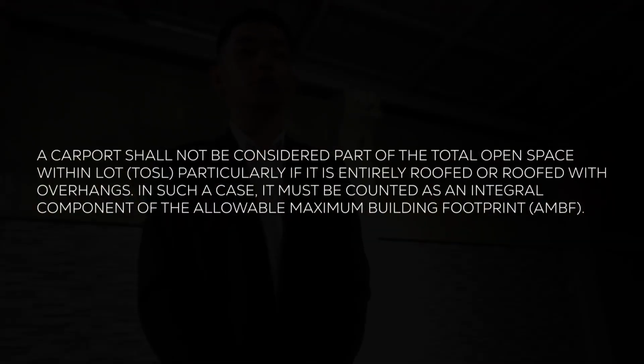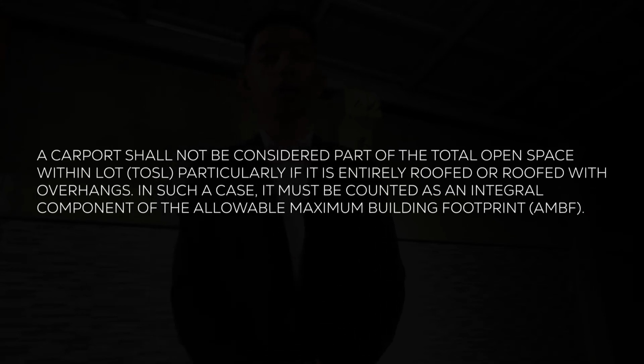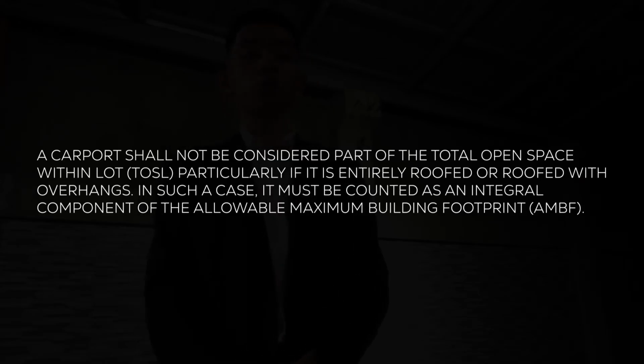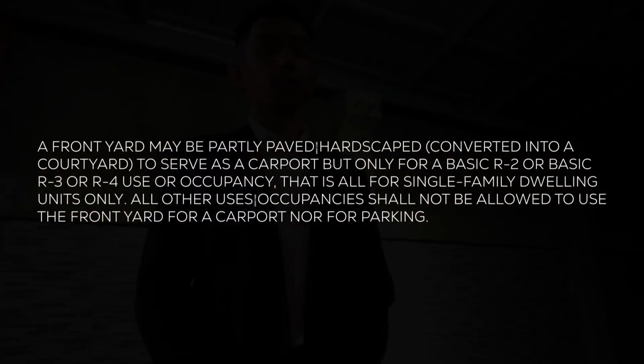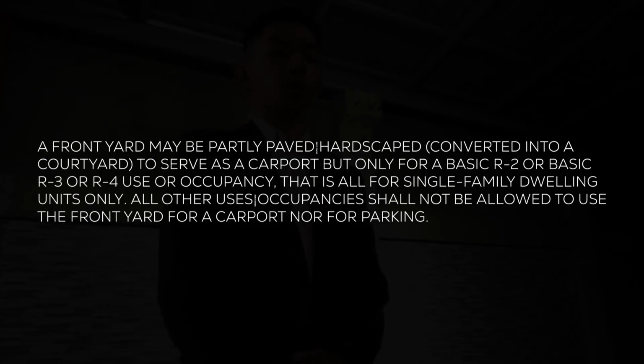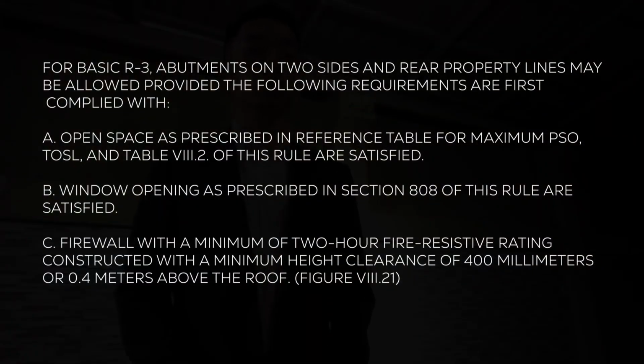A carport shall not be considered part of the total open space within the lot, particularly if it's entirely roofed or roofed with overhangs. In such a case, it must be counted as an integral component of the allowable maximum building footprint or AMBF. For a front yard, it may be partly paved to serve as a carport, but only for basic R2 or basic R3 or R4 use for occupancy. That is for single-family dwelling units only. And all other uses or occupancies shall not be allowed to use the front yard for a carport nor for parking. For basic R3, abutments on 2 sides and rear property lines may be allowed provided the following requirements are